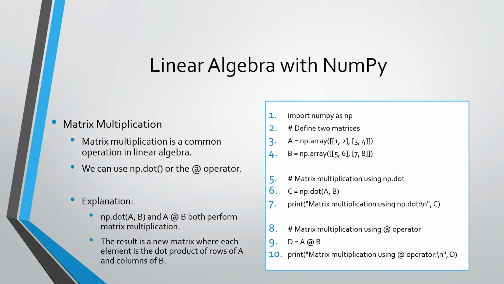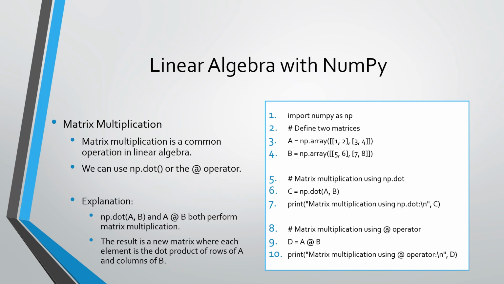So first, let's get started with matrix multiplication. We can multiply two matrices A and B by applying the np.dot function, or the @ operator can be used. Both these operators produce the same result. We can observe this